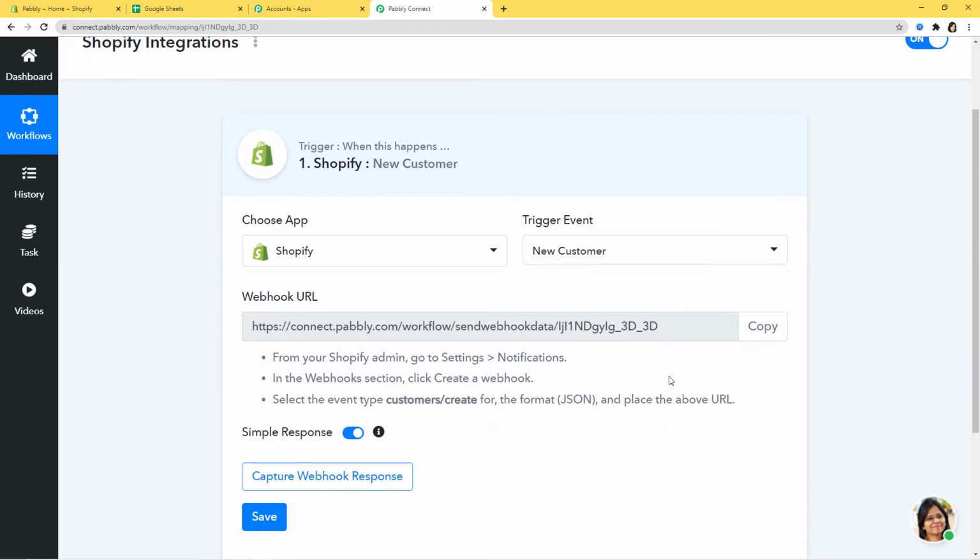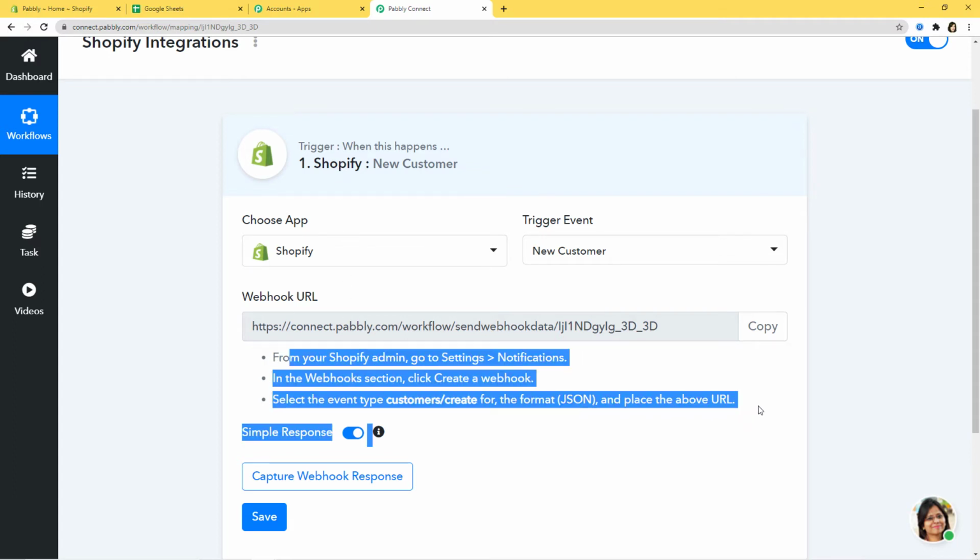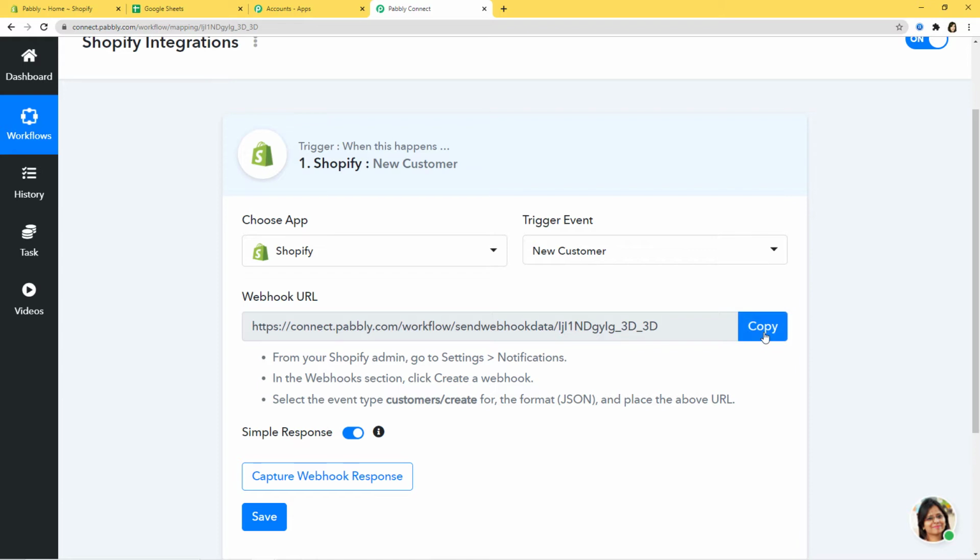So now when you come down here, you can see a term called webhook URL. Now you again might be confused. Let me tell you that a webhook is an essential way to get data from an external software at Pabbly's end. So this webhook helps you to build a connection between the trigger software application and Pabbly Connect. So after choosing the app and choosing the trigger event, what we do is we copy this webhook URL from here and we go and paste it inside the trigger software application, which is Shopify in our case. So you can read the instructions carefully and just follow them. So I am going to copy my webhook URL from here and I'll go to my Shopify account.